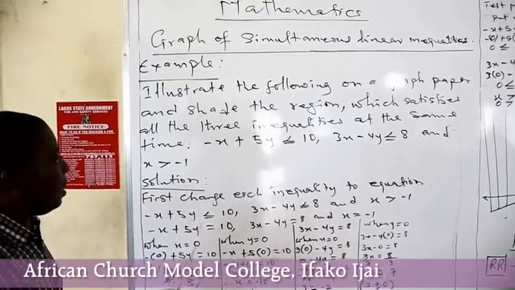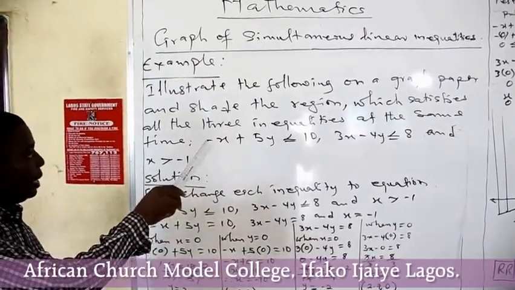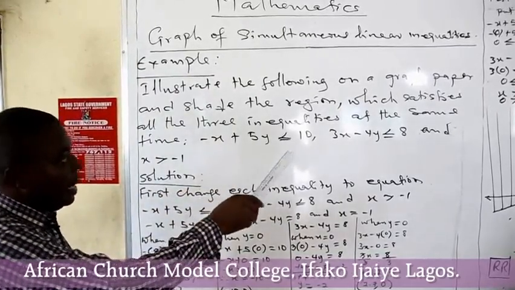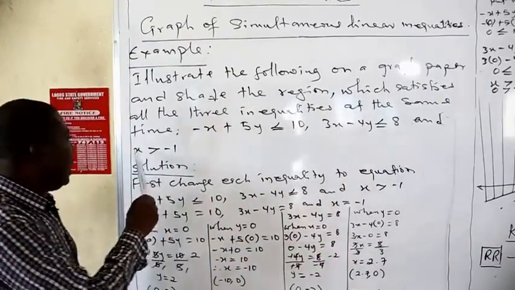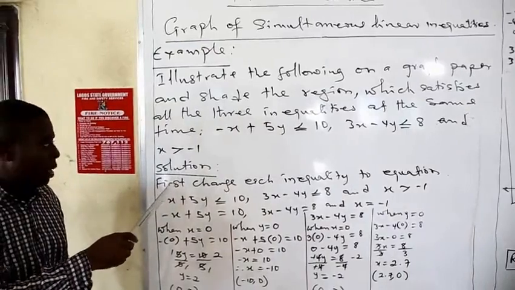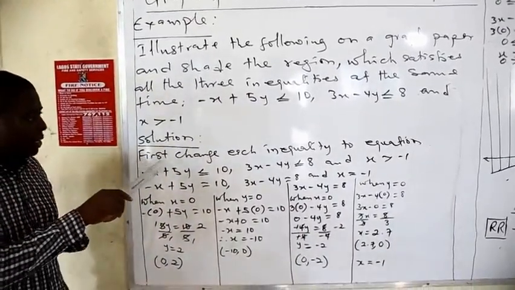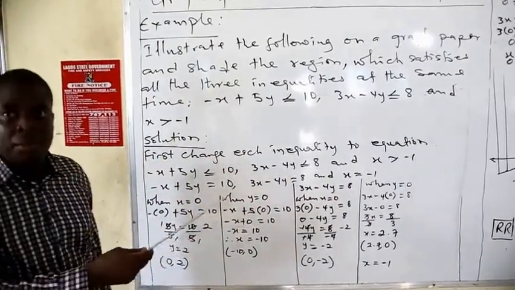at the same time. The three given inequalities are minus x plus 5y is less than or equal to 10, 3x minus 4y is less than or equal to 8, and x is greater than minus 1. Solution. The first thing we do is to change each inequality to equation so as to get the